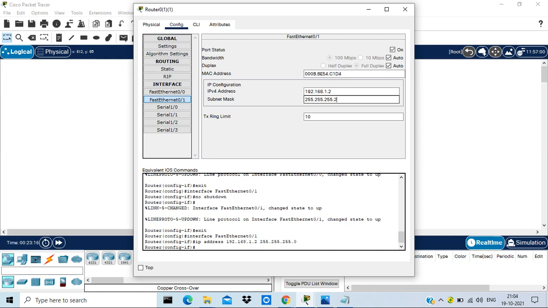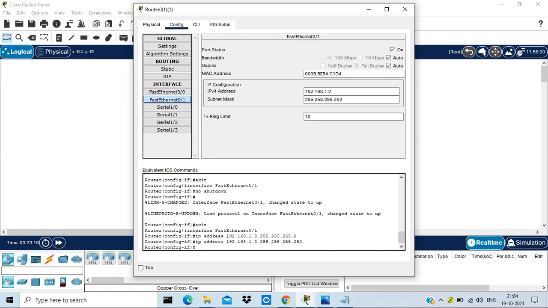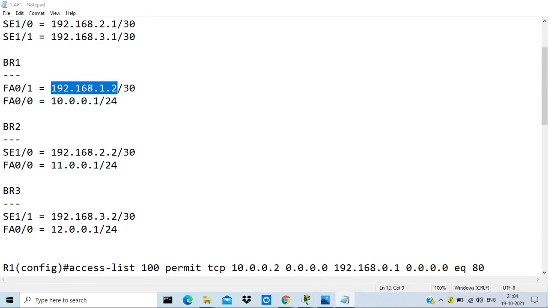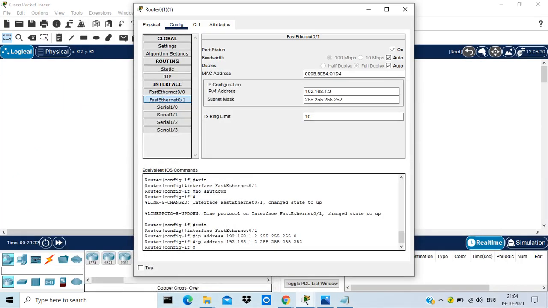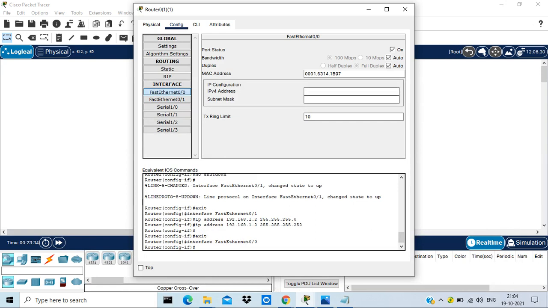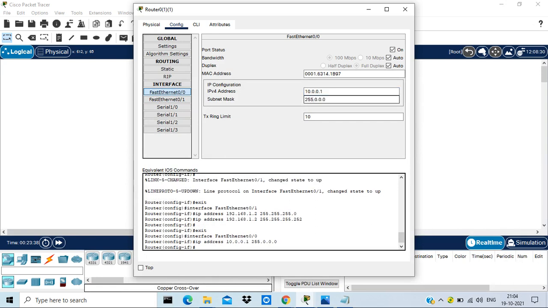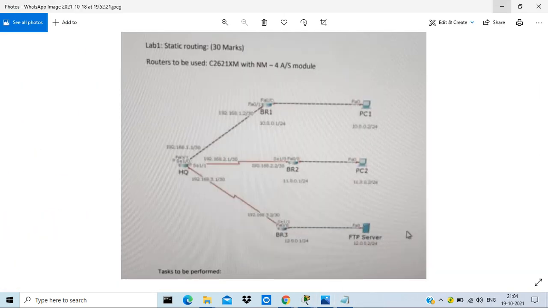And the subnet mask, you have to maintain it. If you don't maintain the subnet mask properly, it could create issues. So this is 1.2 and the LAN interface will be 10.0.0.1. In the LAN interface, they have used the subnet mask /24, so it would be 255.255.255.0.